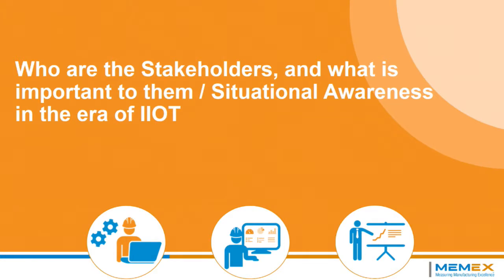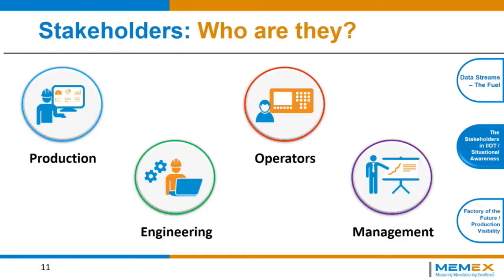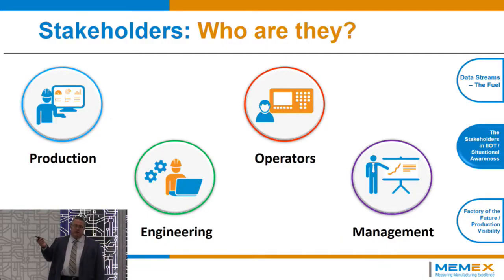So we're going to talk a little bit about who the stakeholders are. Who has a vested interest in the outcome of a successful IoT implementation in manufacturing? Well, we have obviously an easy one, production. Right? The ERP generates a work order, says to production, okay, go make this part. We have obviously engineering. Engineering creates the drawings and the process by which the parts get manufactured. We have the operators, as I said, a key piece of the puzzle and a key member of the company. And then we have management.